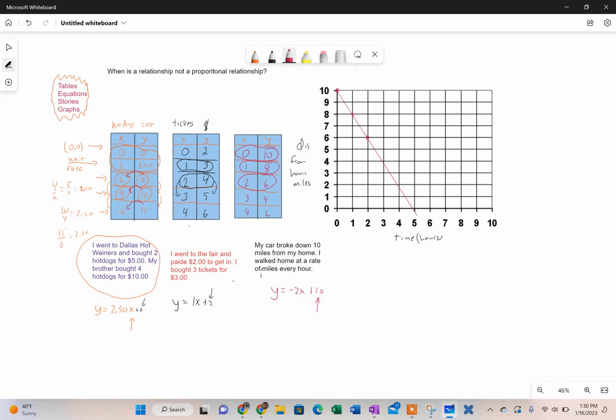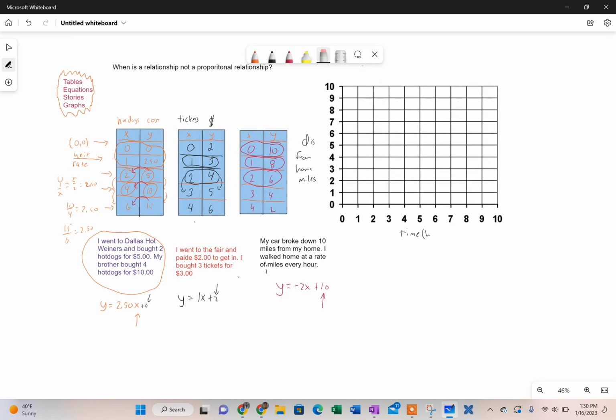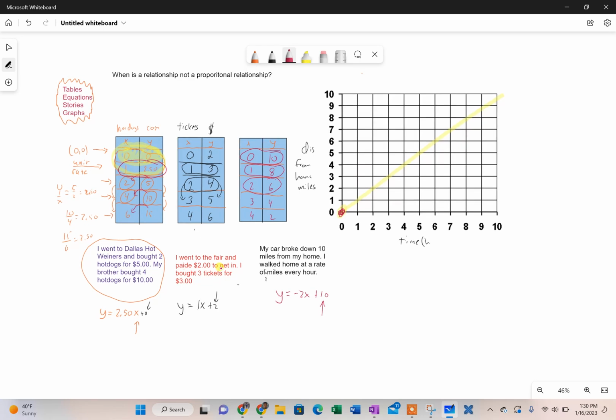And that is it. So basically, to recap, in order for it to be a proportional relationship, your graph has to start at 0 and be a straight line up. You have to have the points 0, 0 as one of the points, which is this point here, 0, 0, right? You'll have to have a unit rate, which is when x is 1,